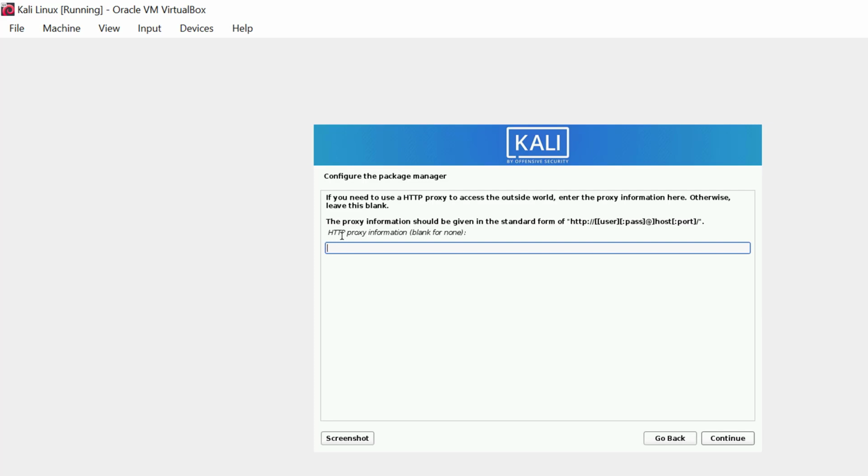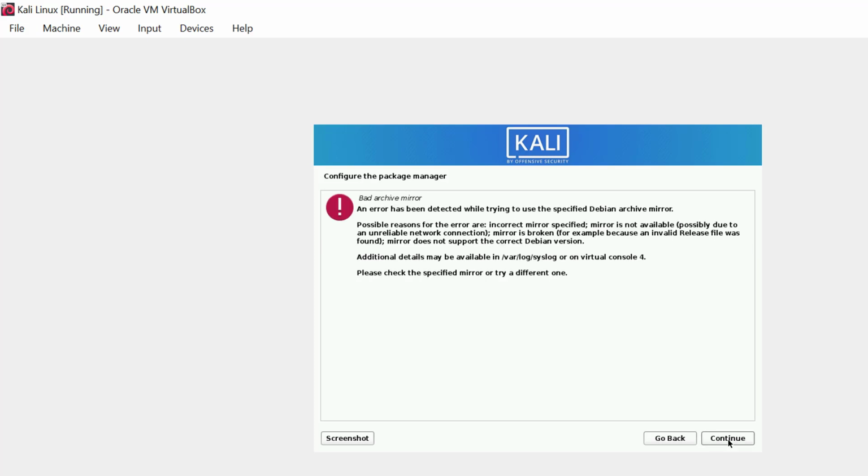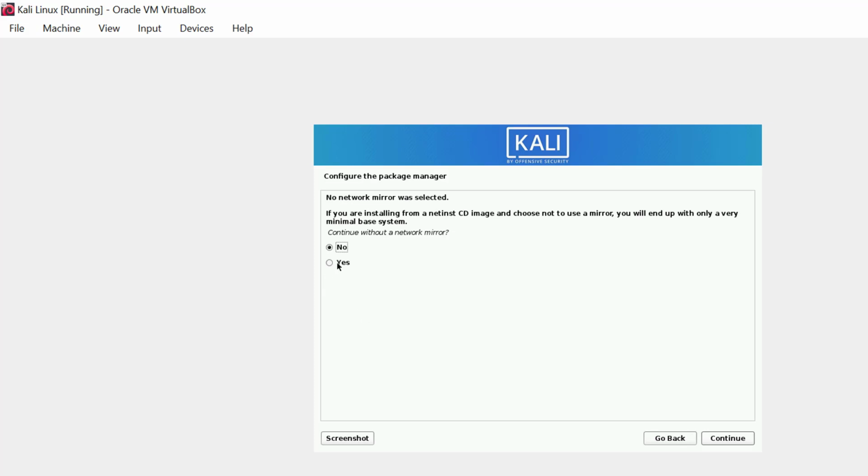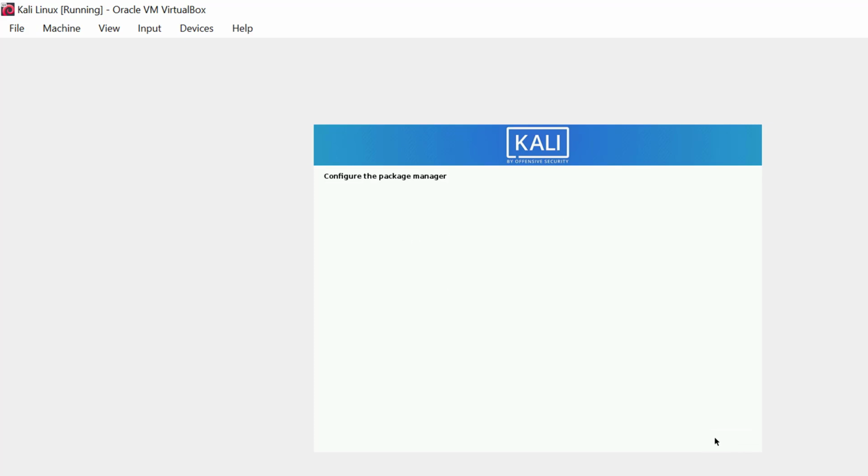Okay, here you see the configuration of the package manager proxy. I leave it as default and click on continue, and you see this is the bad archive error. I go back. Click on go back, then click on yes without a network mirror, and then continue.